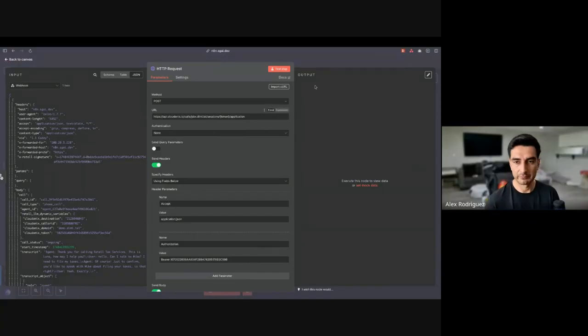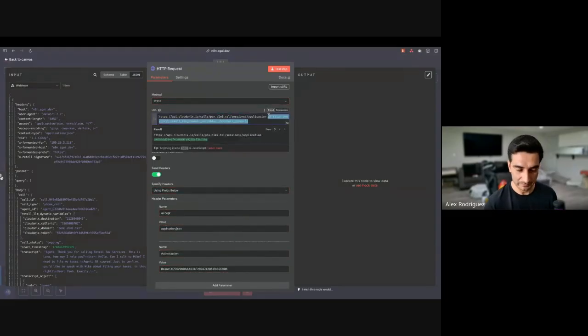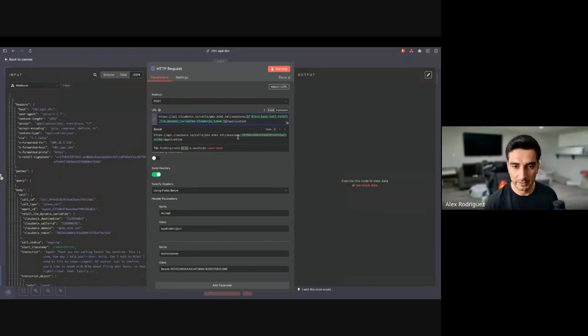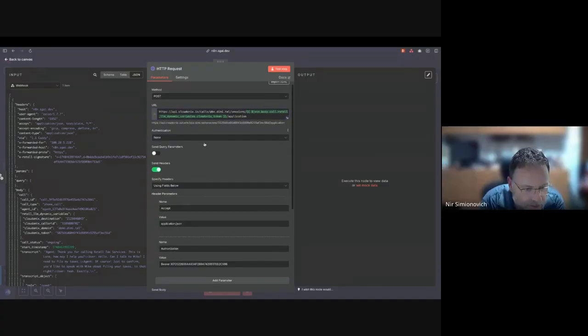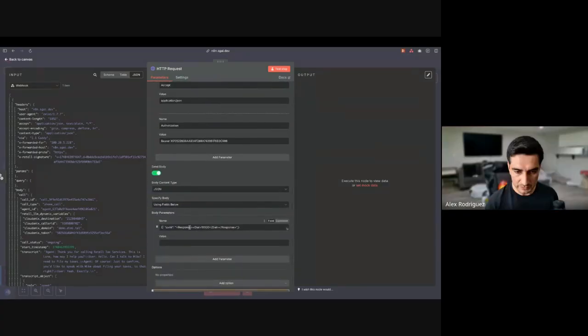Now, I just imported that curl command that Nir posted there. And we need to replace this token, right? This token is the one that we got at the start of our call. So all I've got to do is grab this Cloudonix token and just literally pop it in here. Okay, let me put it in the right spot. Remove that. Yeah, goes right there. Make sure I have these spaces. Yep, looks right. Bearer token. Everything looks right.